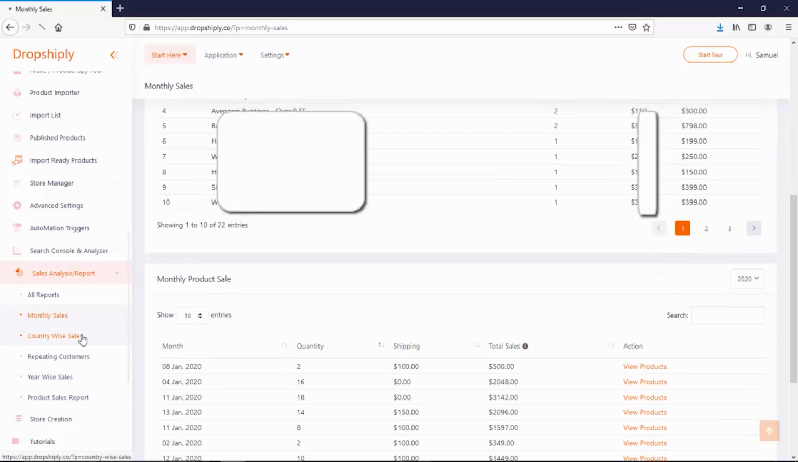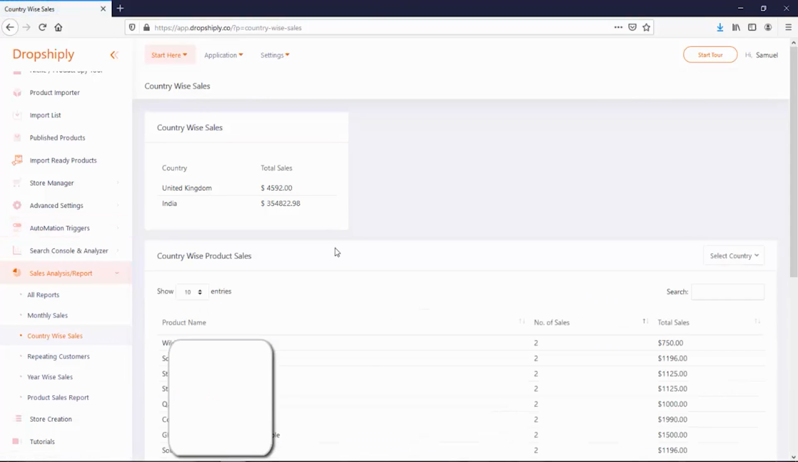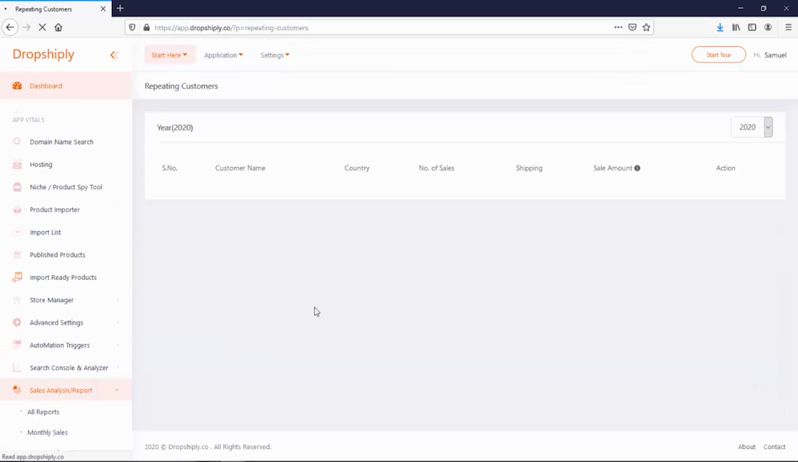Now of course you have also country wise sales, and you can see the total sales by country here. It tells you exactly which country is generating the most sales revenue for you. Okay, it's pretty powerful stuff. You can also see the products that are sold the most in each country. And then repeating customers, I think it's one of the most